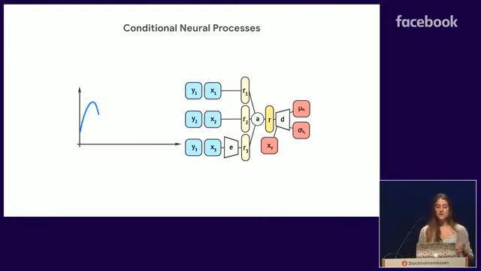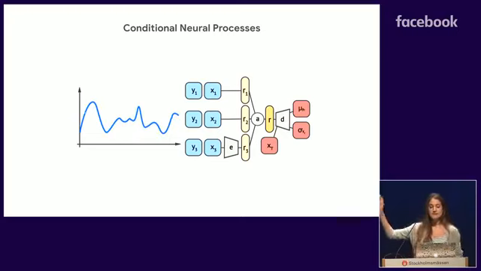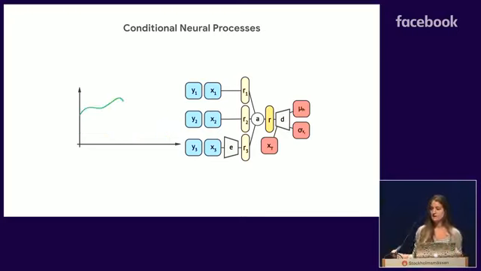Crucially, we're not going to do this on a single function, but every single time step, we're going to pick a different function with a different subset of points from our dataset of functions. What this does is that our model is now forced to not just collapse to a single function that it overfits, but actually learn this whole distribution over functions. And it learns to use the context points at test time in order to infer the function.